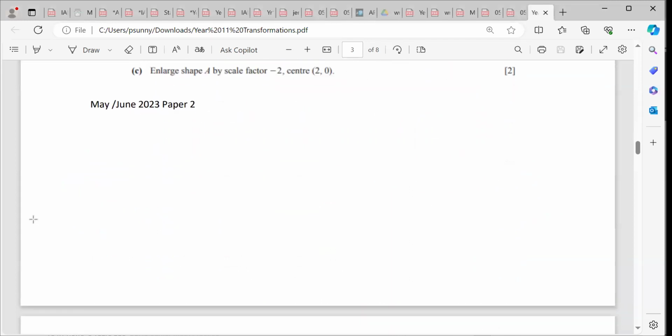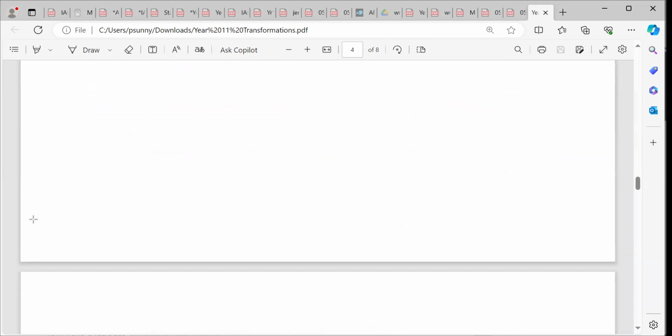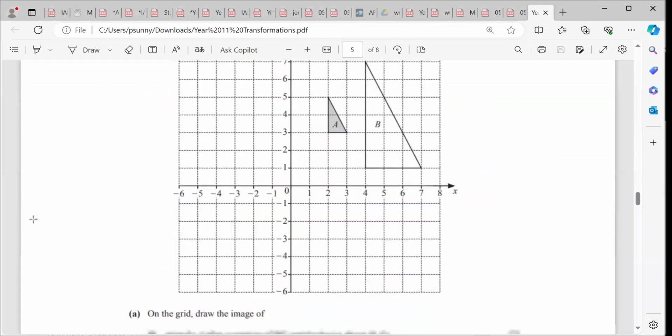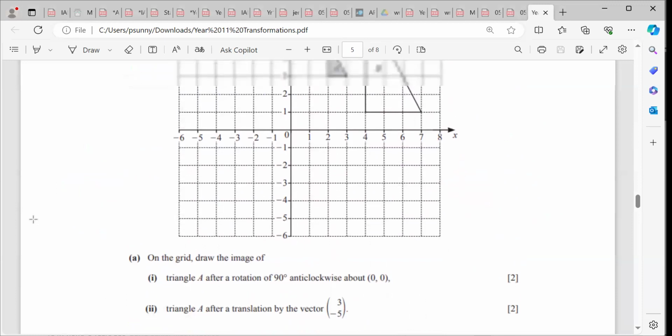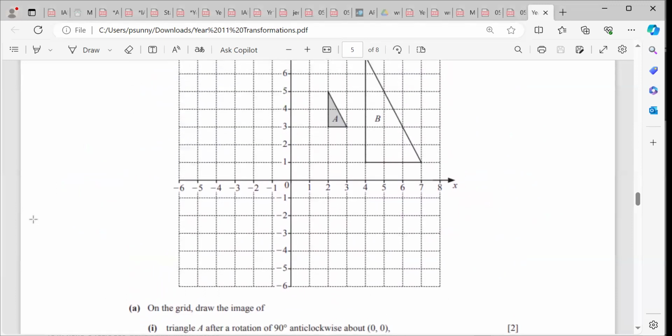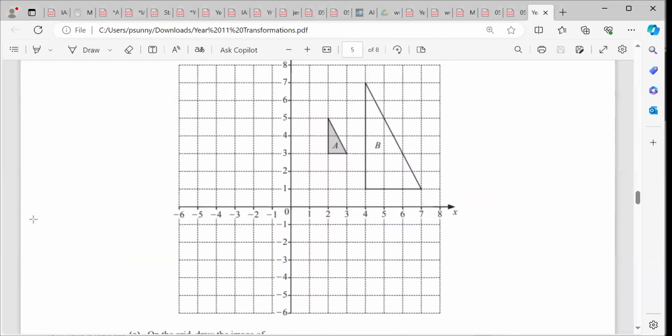That was May-June 2023, paper 2. Now here we have, on the grid draw the image of triangle A after a rotation of 90 degrees anti-clockwise about 0, 0. So rotation 90 degrees anti-clockwise. In this case we have a rotation